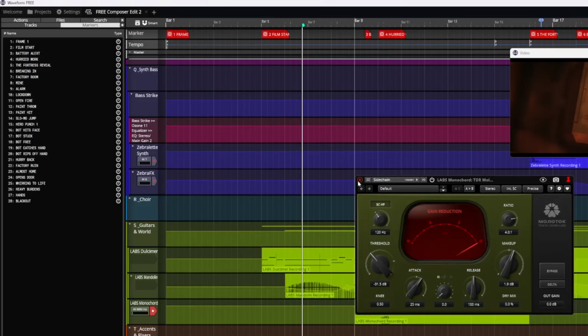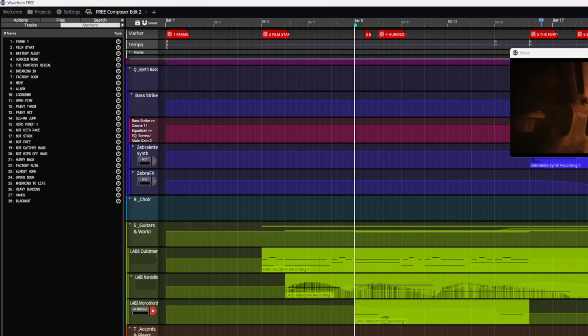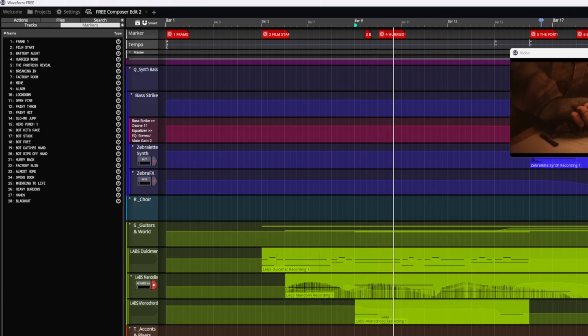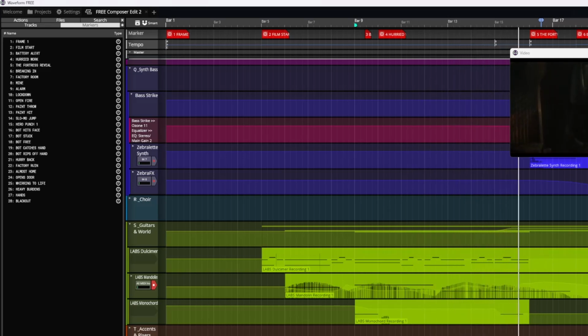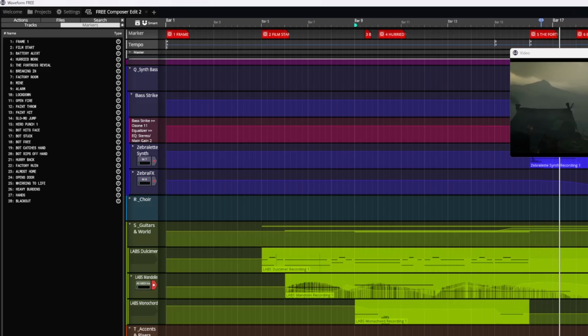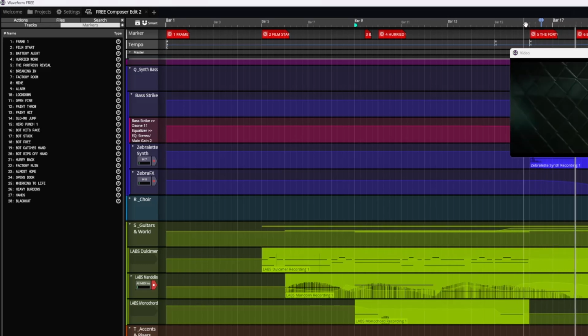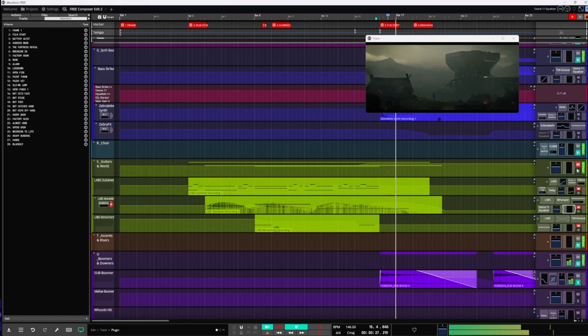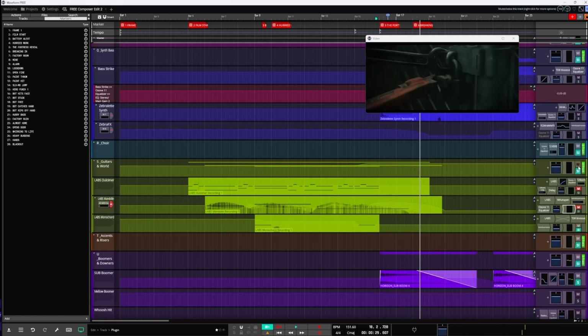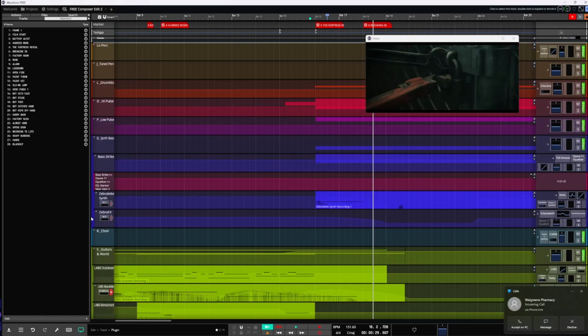It's dope. All right, so here is the monochord with the Fever Dream preset. And using that to accent a couple of smaller spots, leaving a lot of space here. And you see right down here, we've got the sub boom from Horizon sounding like this. All right, so that starts right there and goes into the next scene,